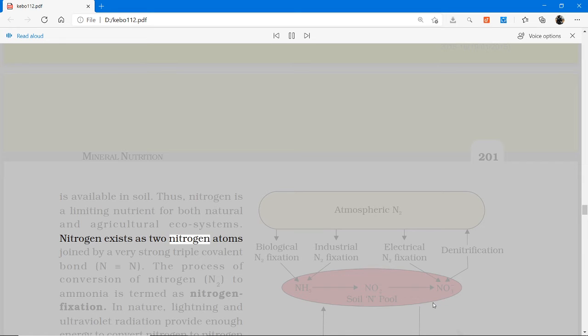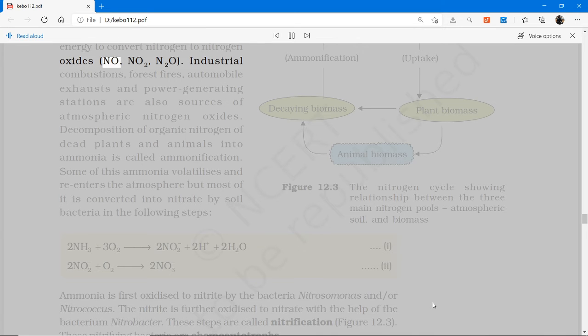Nitrogen exists as two nitrogen atoms joined by a very strong triple covalent bond, N≡N. The process of conversion of nitrogen, N2, to ammonia is termed as nitrogen fixation. In nature, lightning and ultraviolet radiation provide enough energy to convert nitrogen to nitrogen oxides, NO, NO2, N2O. Industrial combustions, forest fires, automobile exhausts and power generating stations are also sources of atmospheric nitrogen oxides. Decomposition of organic nitrogen of dead plants and animals into ammonia is called ammonification. Some of this ammonia volatilizes and re-enters the atmosphere, but most of it is converted into nitrate by soil bacteria